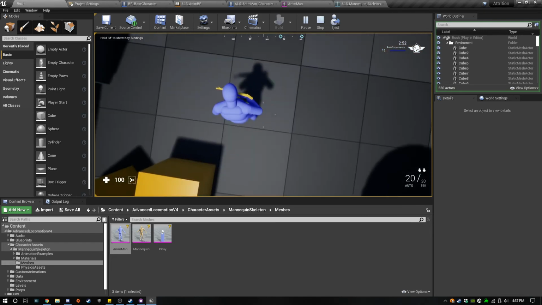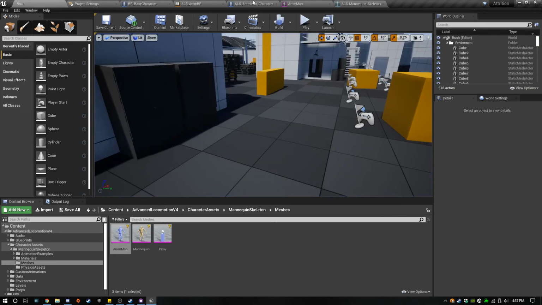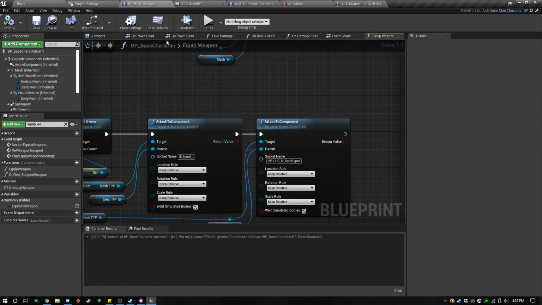So now it's in our hand, and we just need to update the aiming.